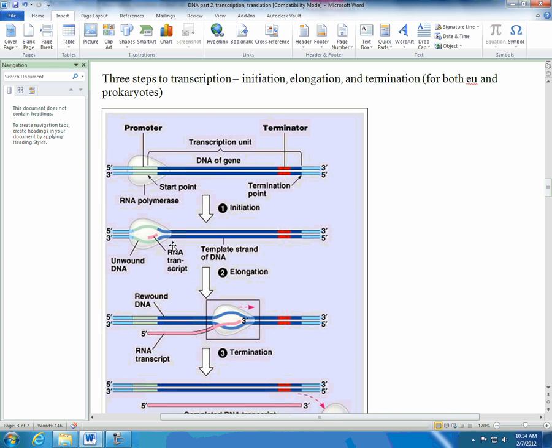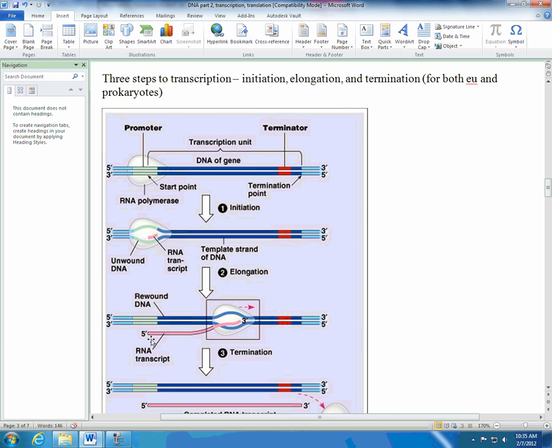And what this RNA polymerase, here's an enzyme for us. Put that on your enzyme list, RNA polymerase. And what happens is you start making your RNA transcript, as they call it. And as this polymerase moves down the chain, notice where it's making its copy. It's copying from the,